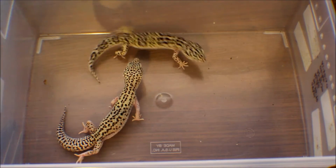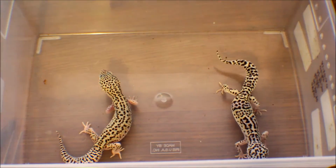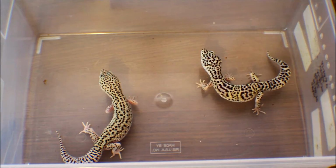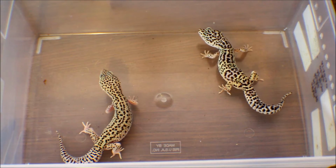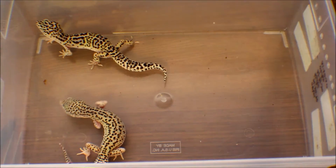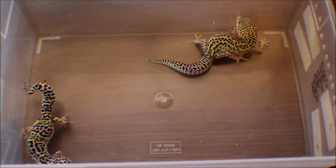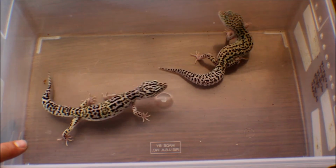And what you get when you do that is 70 to 90 gram normals, or standard size leopard geckos that aren't considered giants because they don't have the full bone structure of the giants. So, back to topic. These are two females from the translucent project. They are a banded, I'll just go by what they are because they're super skittish. We have a banded Max Snow Het for Eclipse,